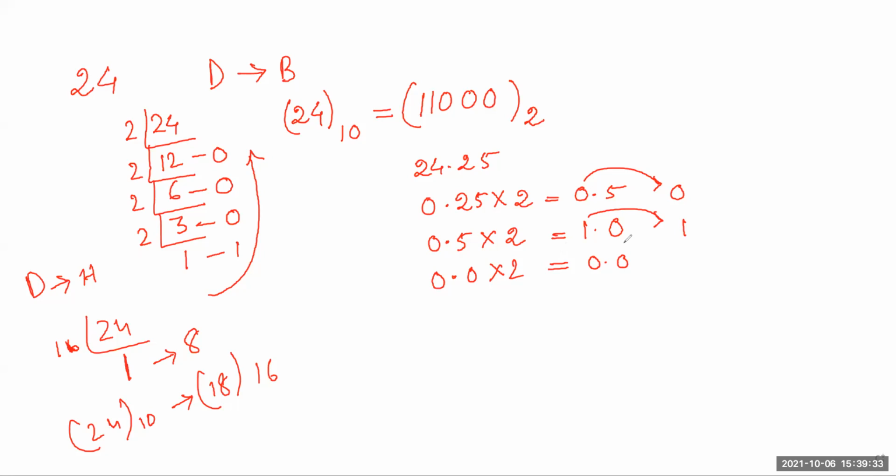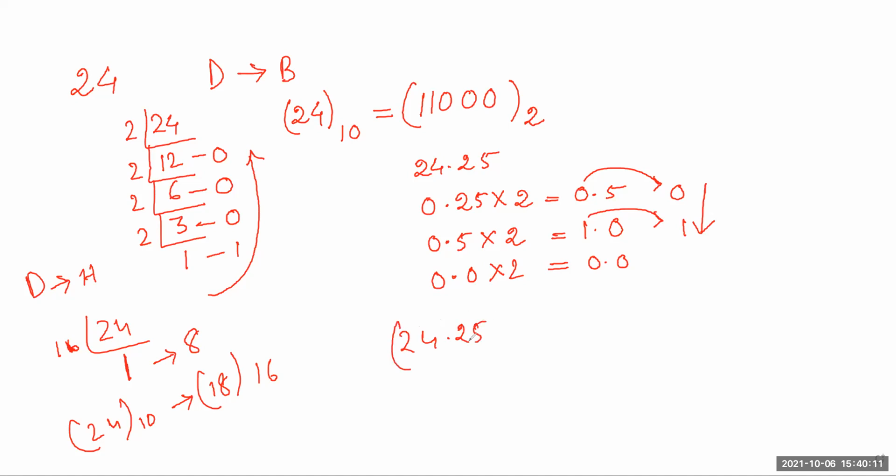You can see here we are getting 0.0, so it will not be considered. In the previous one we considered bottom to top, but here when you get a point, in the right hand side part you will consider top to bottom. So top to bottom, here it is this.